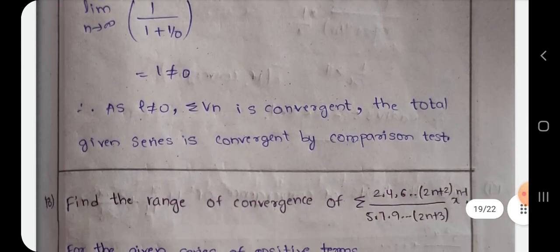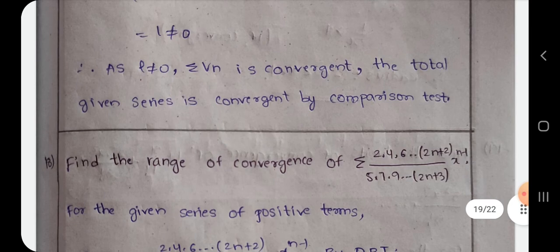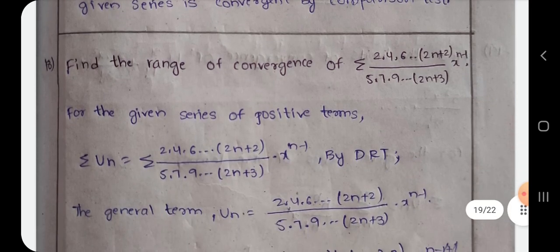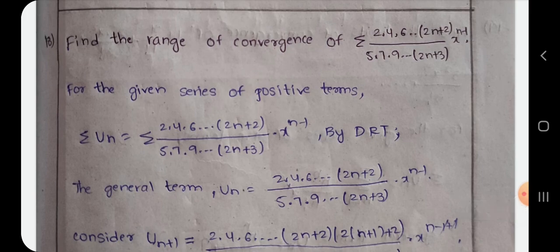So finally limit not equal to 0, based on that summation Vn you are giving the final conclusion. Range of convergence, here it is given. Product of series is there. Better you are using